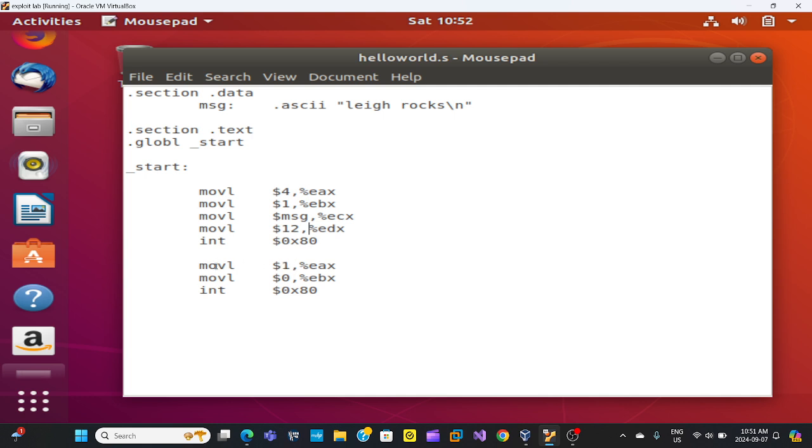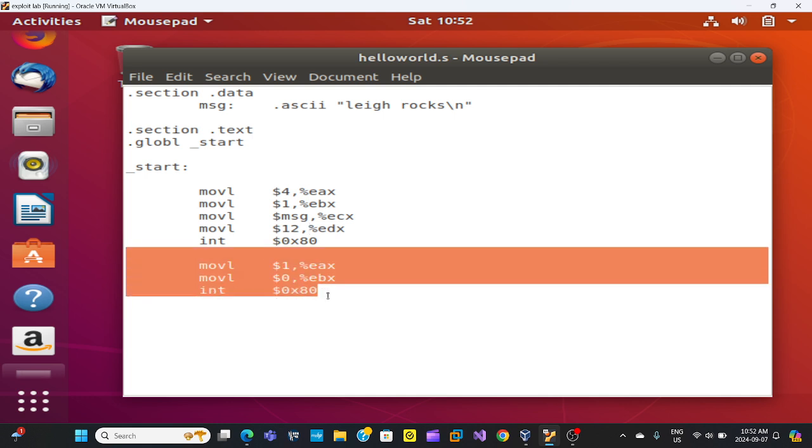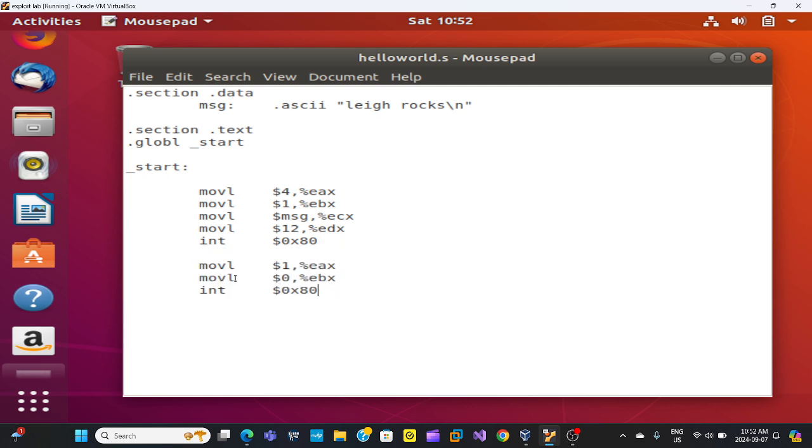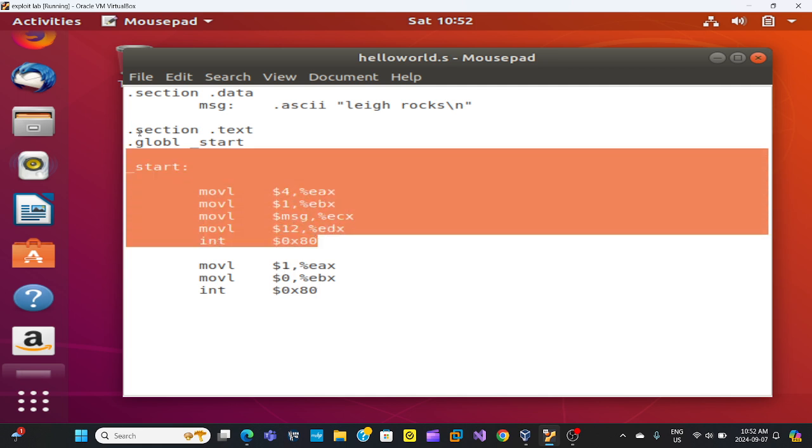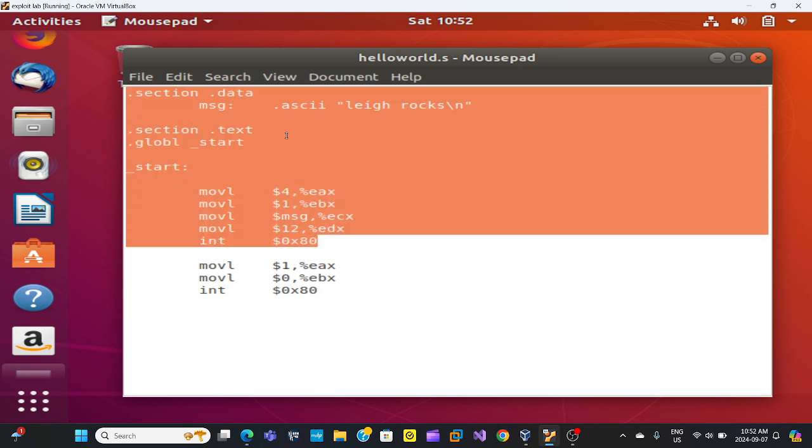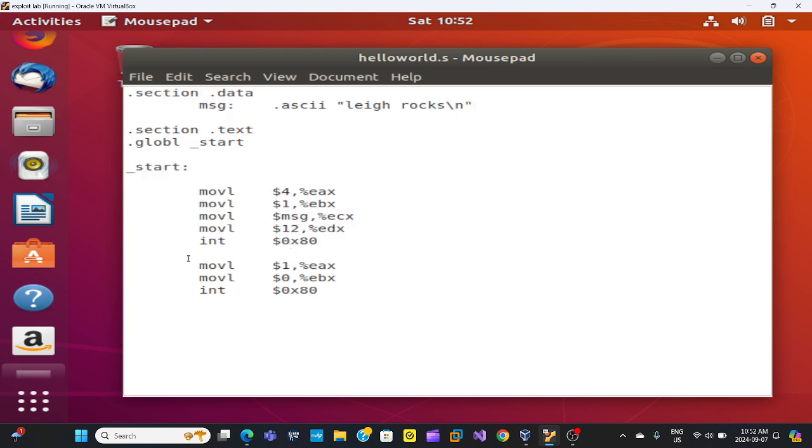This right here is an exit, so you don't get a segmentation fault, and it's just basically closing the program down. So this is the actual hello world in assembly right here, and this is to exit the program normally. Every program will have one of these. Okay, so what I will do is show you one more thing, and that's the return